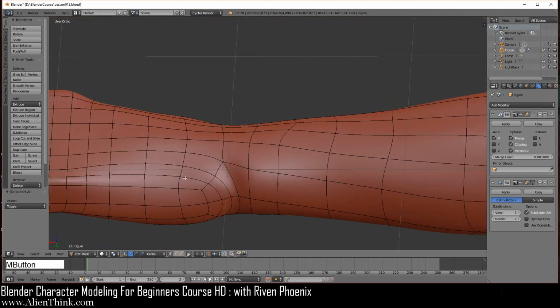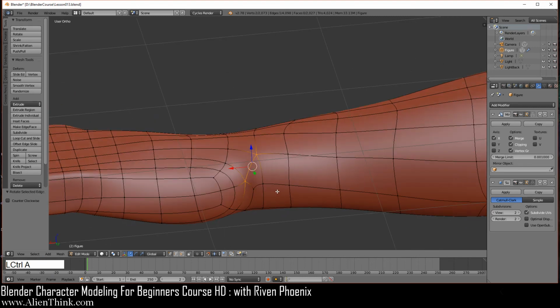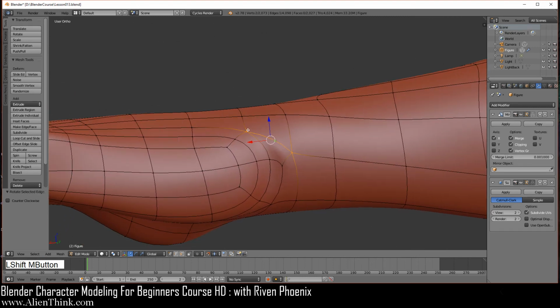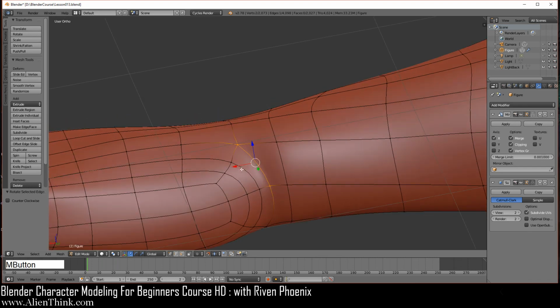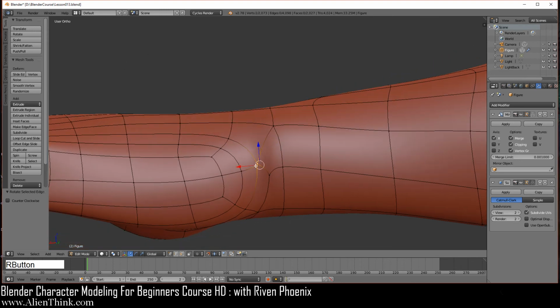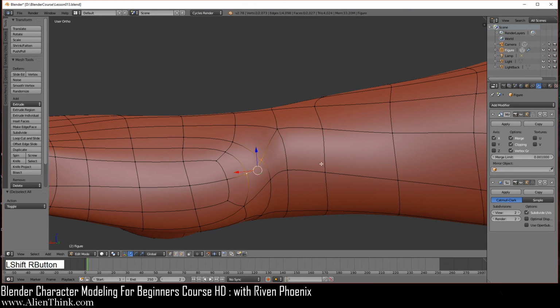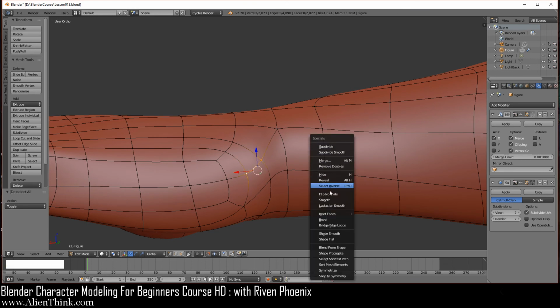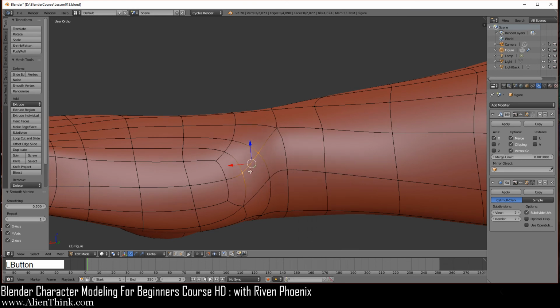Okay, so let's go ahead and click on this and do Control A 1 and then 2. You can see that when we do that, it's going in this way. If you do Control A, it's in this way. So we're going to do Control A one time over here, and click on this and do Control A one time over here. See how we connected it this way? Now we're going to select these two, do W smooth, 1, 2, 3 over here.